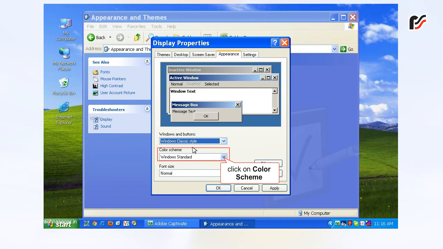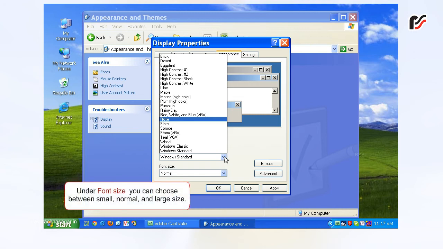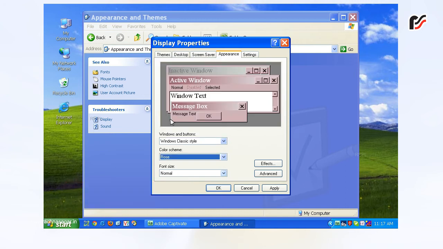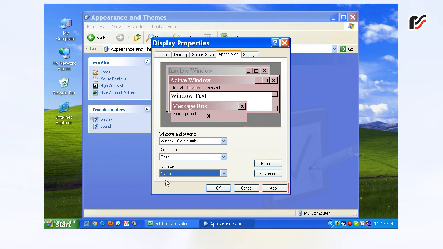Click on Color Scheme. Under Font Size, you can choose between small, normal, and large size. Click on Font Size. Once all changes are done, click on Apply and then OK button to apply the changes.